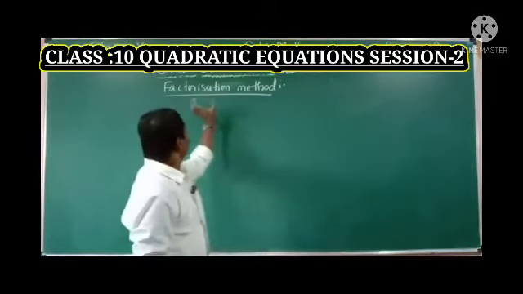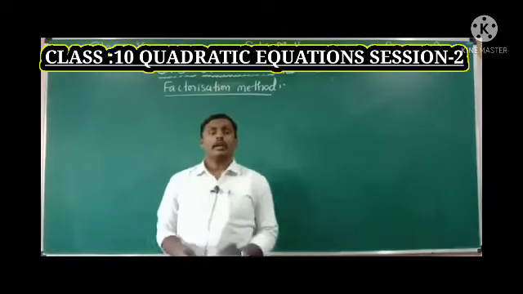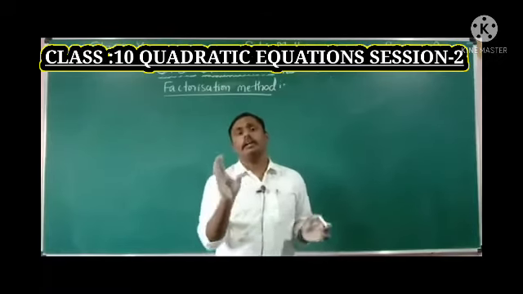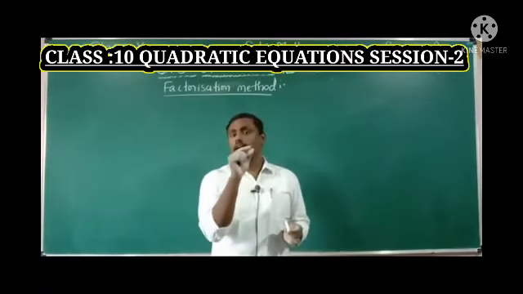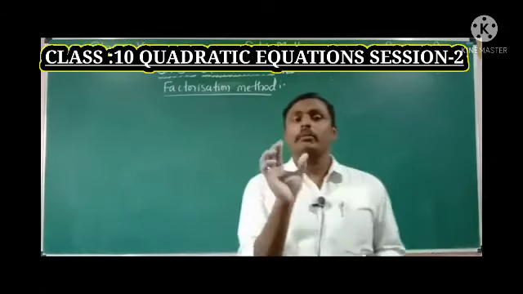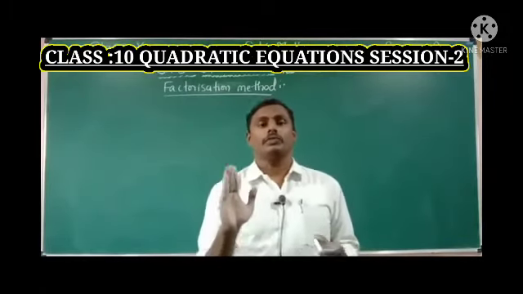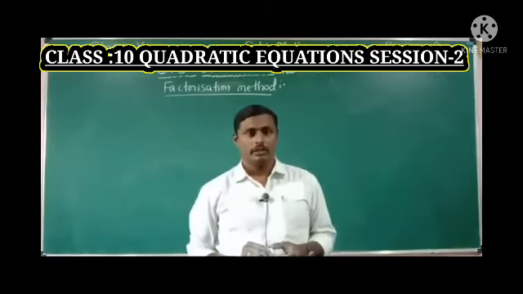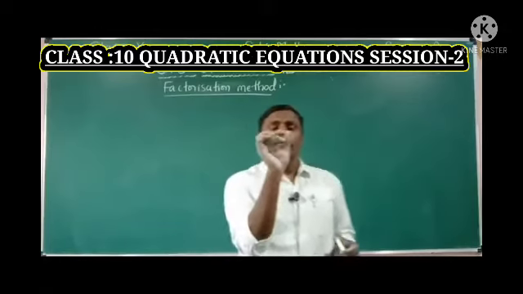So what do you mean by the factorization method? In the previous classes you already learned that factorization means the simplification of the quadratic equation by splitting the middle term. I already discussed this in the first class on quadratic equations, and some examples were already discussed. We need to split the middle term into two terms. The product of those two terms is equal to the product of the first term and last term, whereas the sum of the two split terms is equal to the middle term.